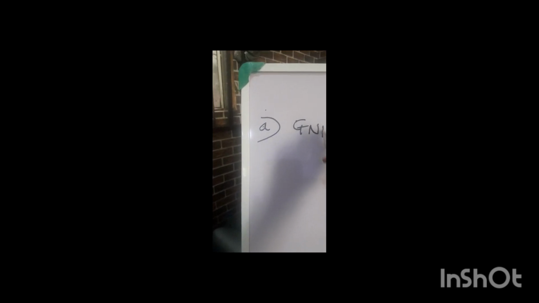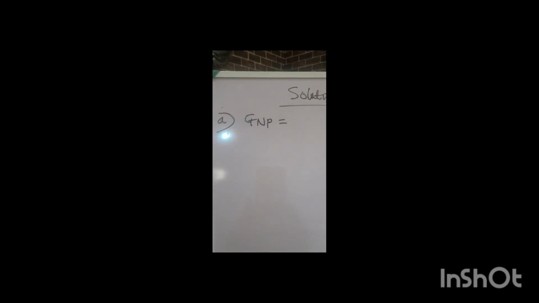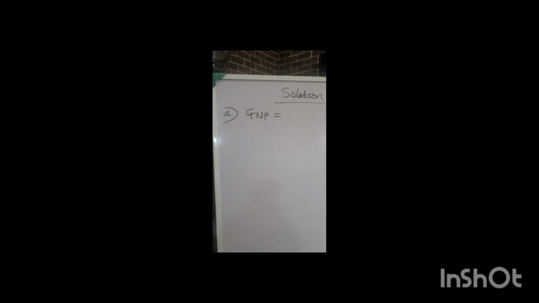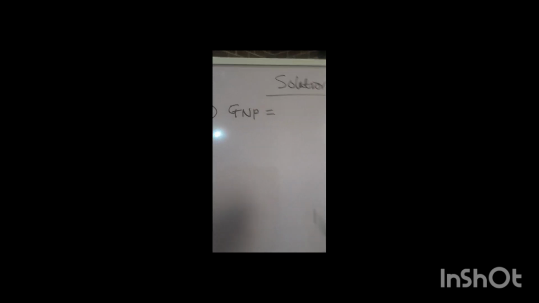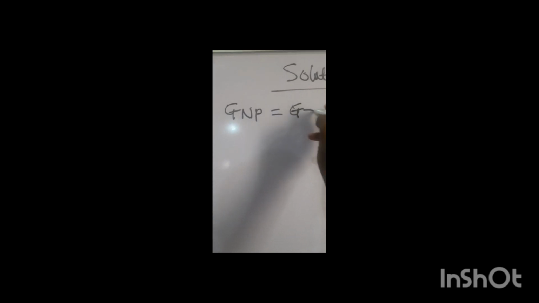The A, say the gross national product. That's what they asked for, gross national product. Meanwhile, in the question we are given gross domestic product. So we simply work with that information. Gross domestic product plus net income